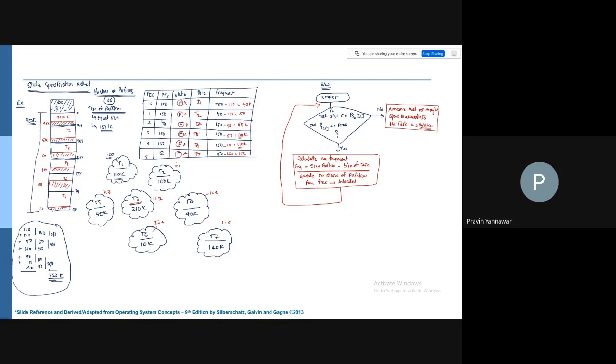So if you look at 90, 100, this is 90, this 200, 300, and 310, so around 310k is available. 300k is available. So if it is 300k, then why can't we accommodate this?